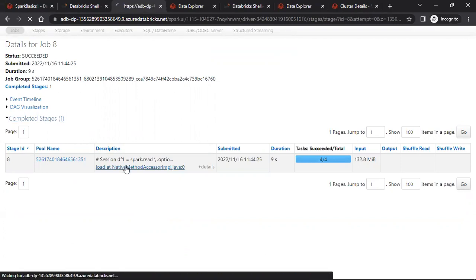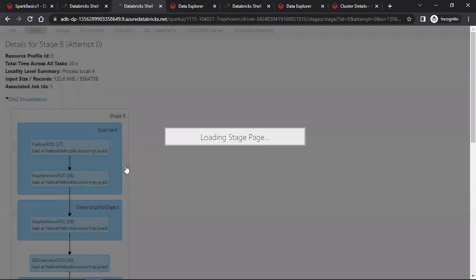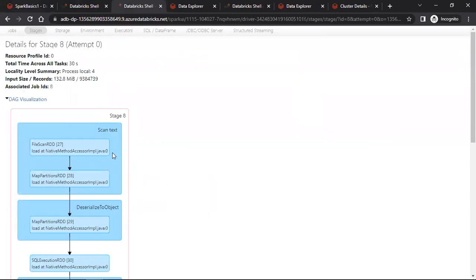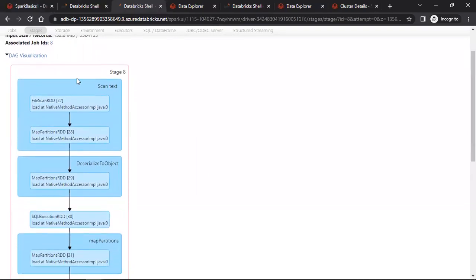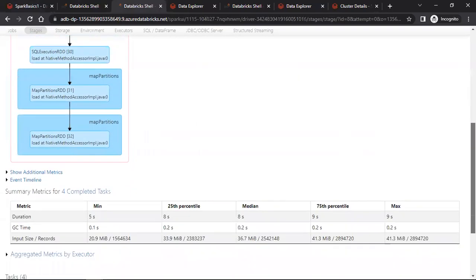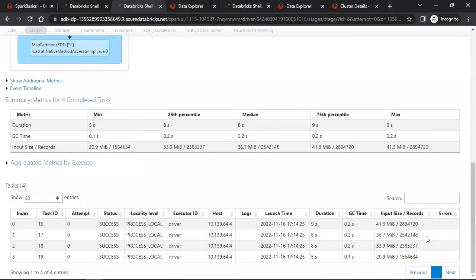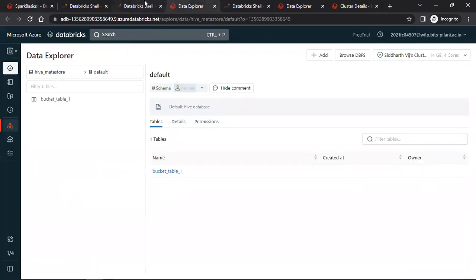Now within the stage, there can be multiple tasks. Now this is the DAG of a stage. The only thing that you need to see as of now is it's a text scan. So that means you're getting the data from a CSV file. And you can see there are 4 different tasks here. The question comes is why 4 different tasks and why not 3 or 2? That's because the cluster or the node that you have is having 4 cores, as we saw in the